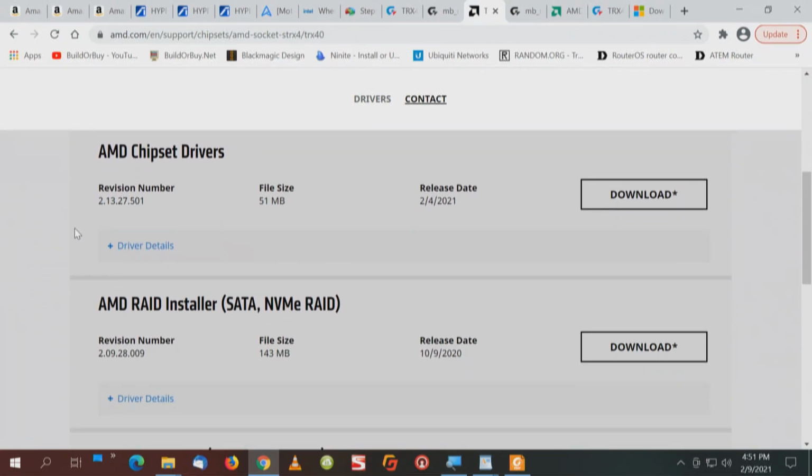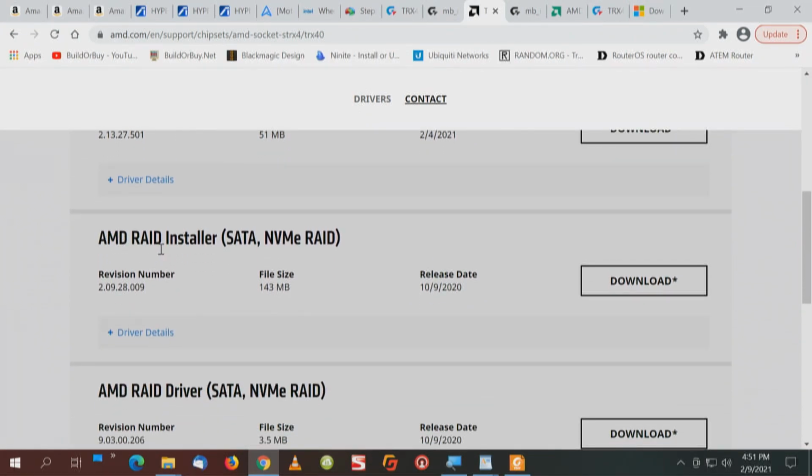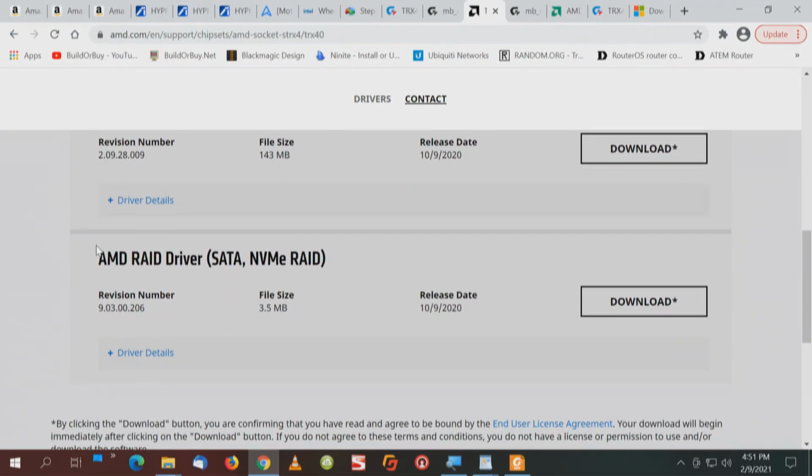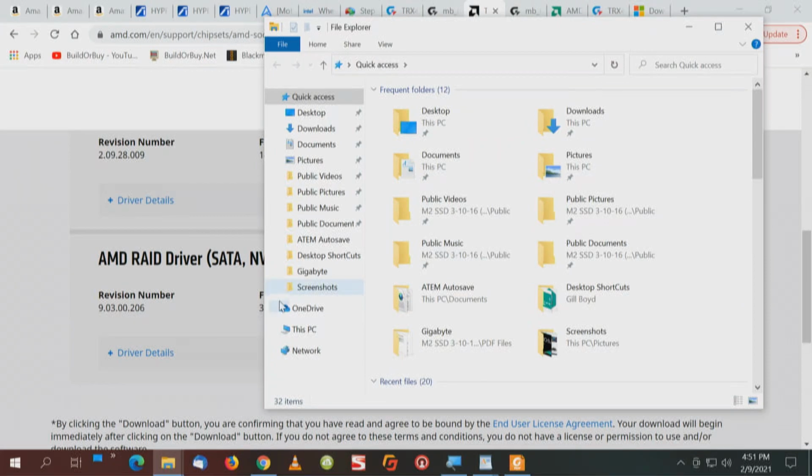Hit the plus mark. You'll see AMD chipset drivers. That's not what we need. You'll see AMD RAID drivers. We will need those later, but we don't need them now. What you want is the AMD RAID driver for SATA and NVMe RAID. Download that, find where that's at on the drive, and then what I want to do on this disk,